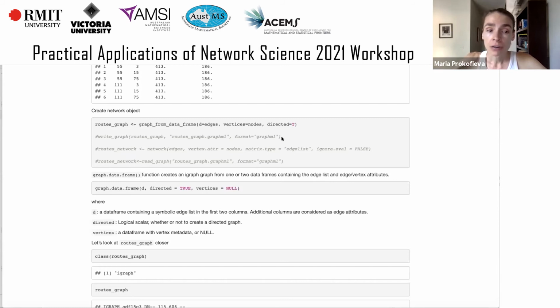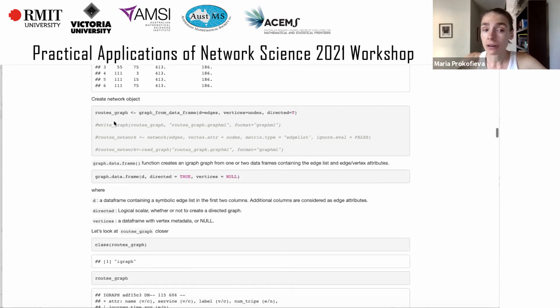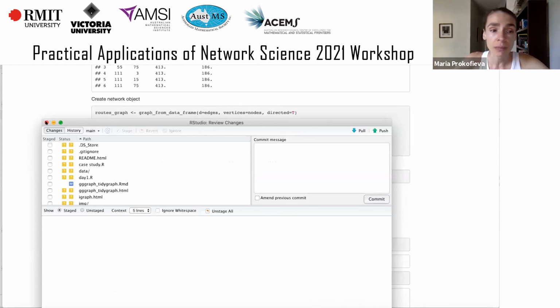All right. So write graph, a really cool function. I really suggest that you run it now in case something happens with your environment and you lose that. So write graph, and you specify the graph that you'll be saving, roots graph, and you specify where it will be saved and what name it will use. I suggest the GraphML format, and whatever file name you specify here will be saved under your working directory. So if I go back to my RStudio,